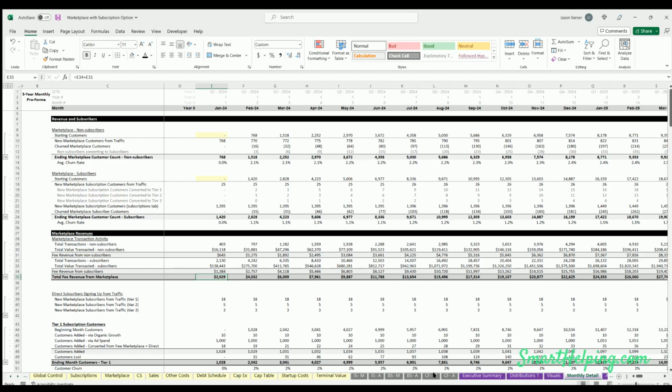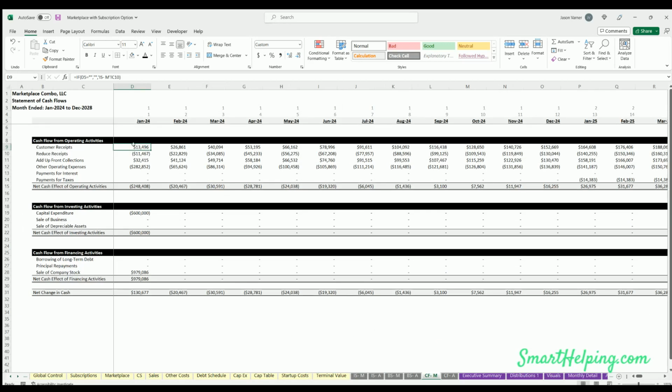So that's where you get the 13. Okay, then you reduce the 11,467, so you're zeroing out the subscription revenue, and then you're adding back the total subscription cash collected, even if it wasn't, this could be 12 and 6 month contracts and month to month, everything you collected in January. So the reason why the customer receipts is higher than the reduced receipts in this case